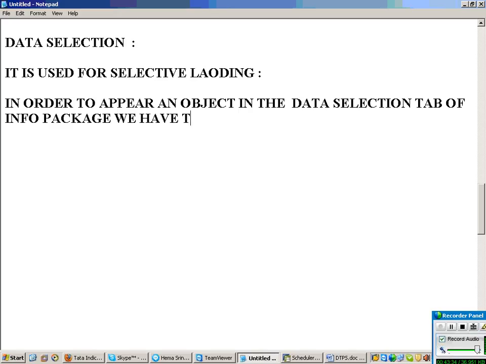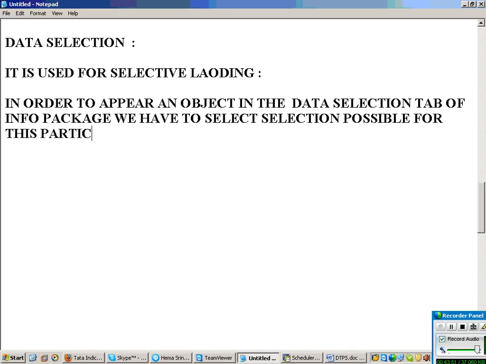what do we have to do? We have to select selection possible for this particular object, where?